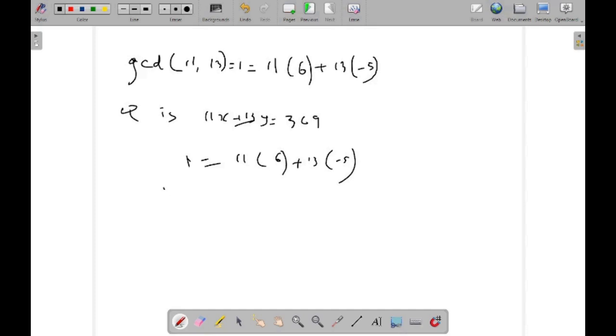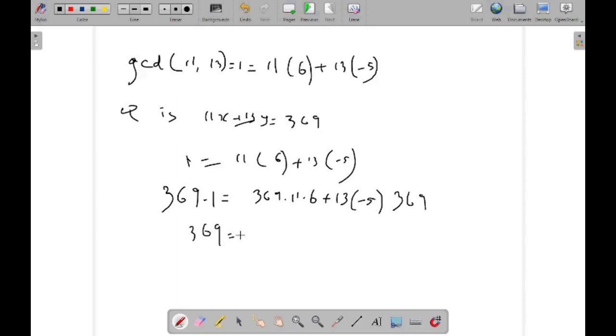So multiply both sides by 369: 369 is equal to 369 into 11 into 6 plus 13 into minus 5, into 369. We will get